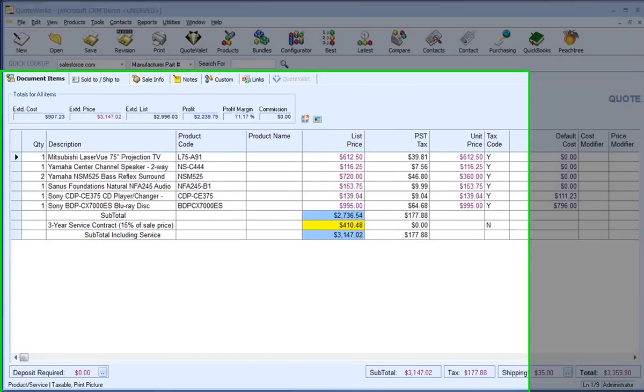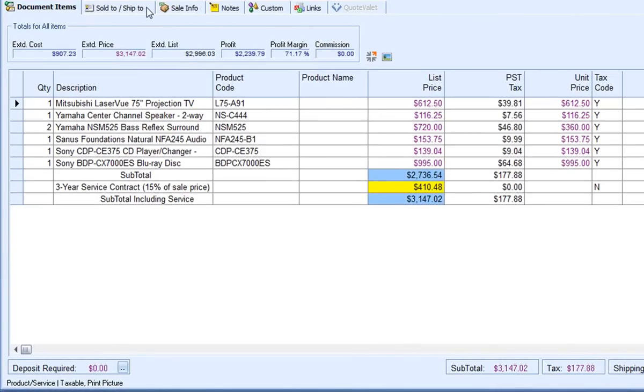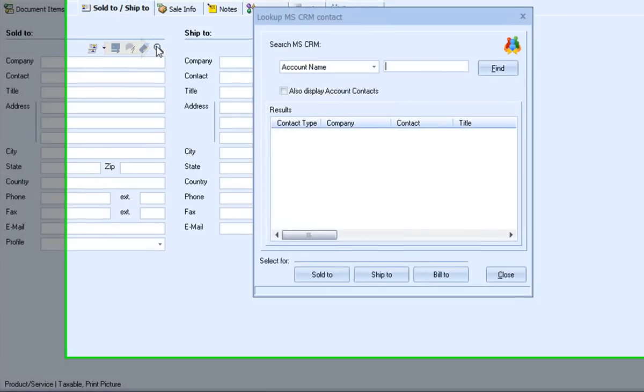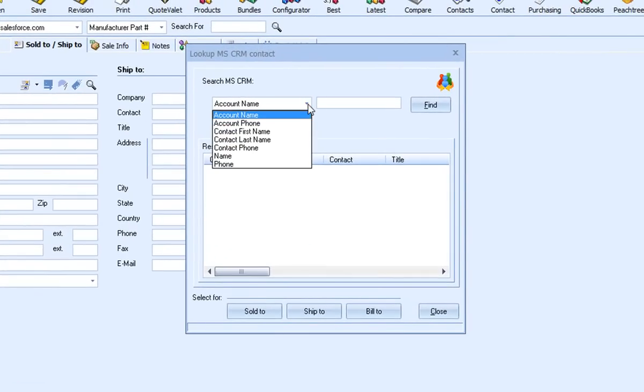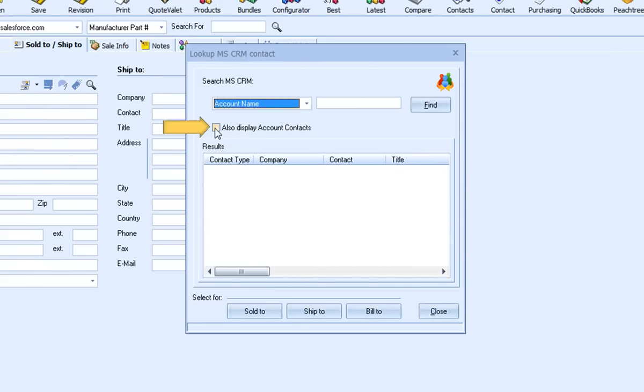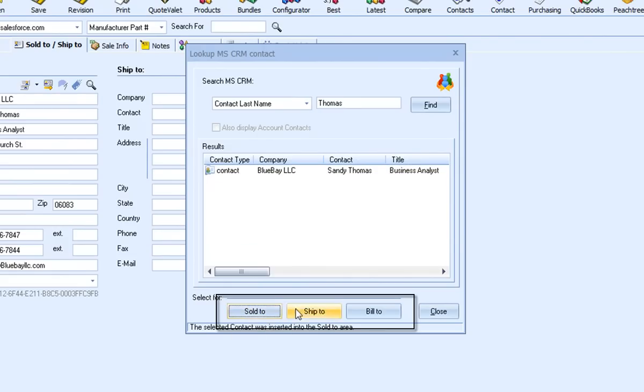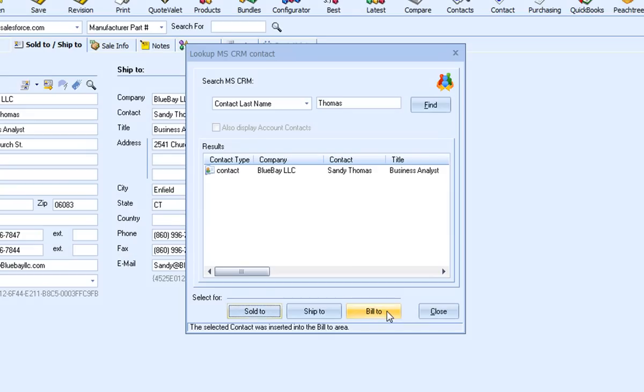To bring in the customer details, I'll go to the Sold To, Shipped To tab of the Quote Workbook and click on the magnifying glass. From the lookup window, you can search for a contact by these values that you see here. You can also display account contacts in your search results. Once you have found a desired contact, simply click on Sold To, Shipped To, and or Billed To